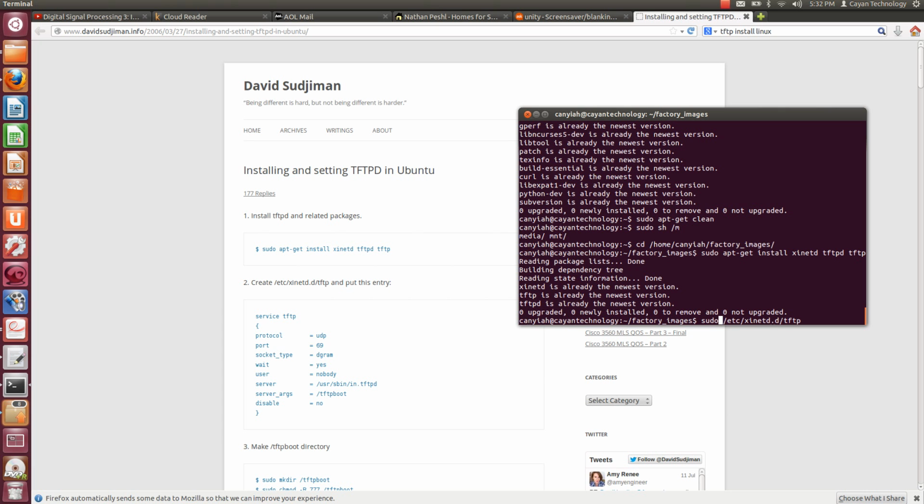Actually, I don't have to create it. I didn't put an editor to read it. But normally this TFTP file isn't created, but I already created it. But if it's not created, you just run this command. If you don't have nano, you should have gedit,